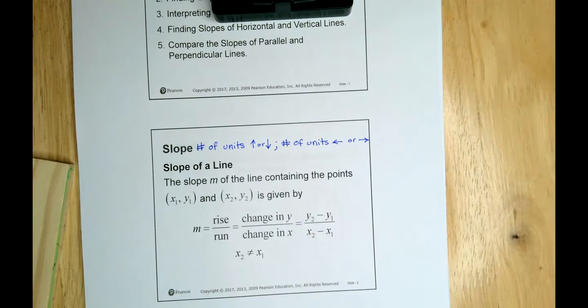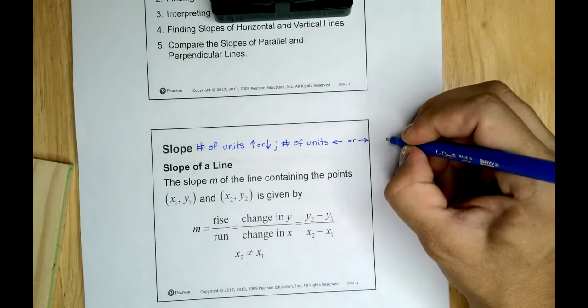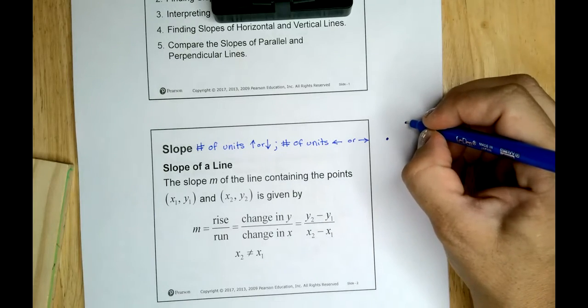Basically I need 2 points, and it's usually a fraction, and it describes the steepness of the line on the plane. So if I have a point here and a point here,